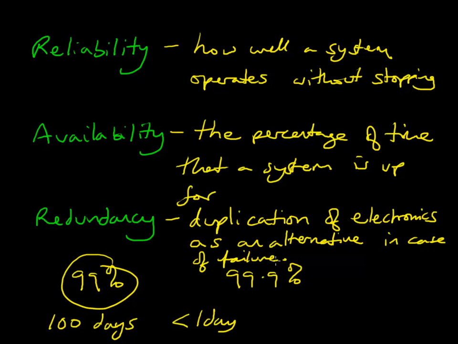So the idea is that you will have, for instance, in hard disks, 2 hard disks running, and they both have copies on, and then if one of them fails, we can replace it. And what we're going to do is look a little more at that exact concept with relation to hard disk drives. So let's look. This is a hard disk drive. And let's just have a look at what different components we've got inside a hard disk drive.